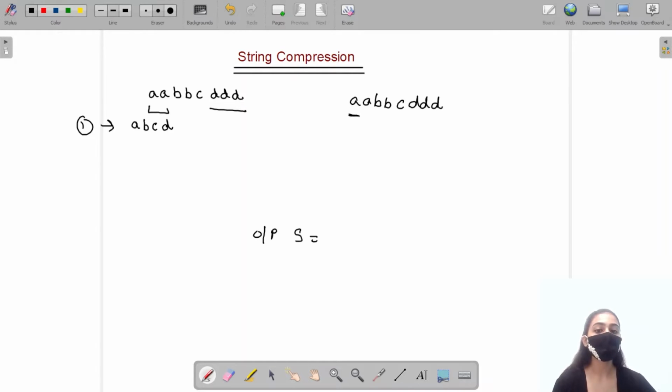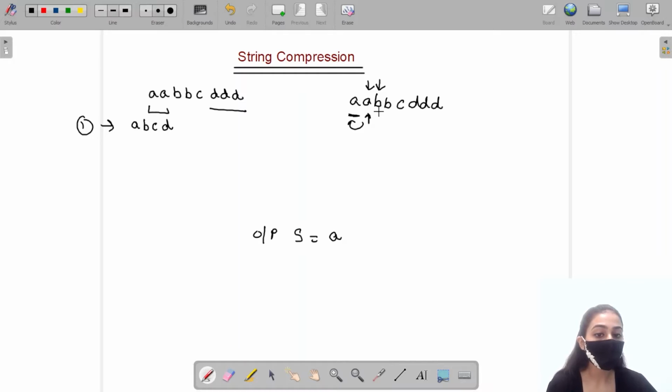Firstly, we'll add the first character here and start the loop or the pointer from here. If the current character is equal to the previous character, we'll not add anything here and we'll increment the pointer.